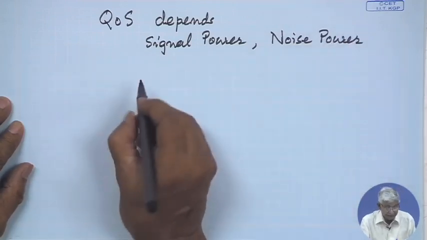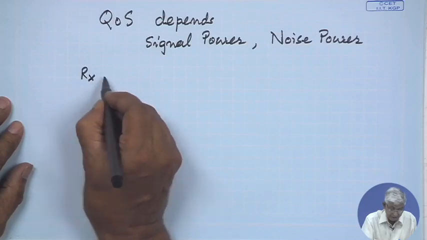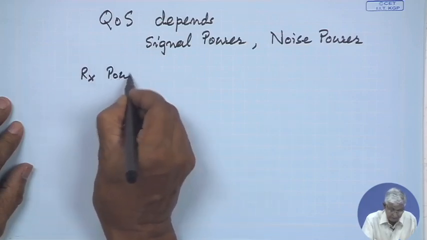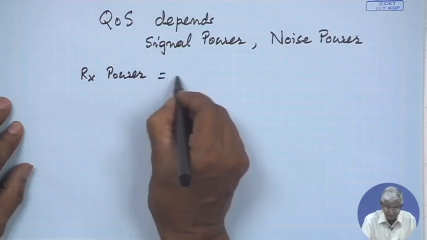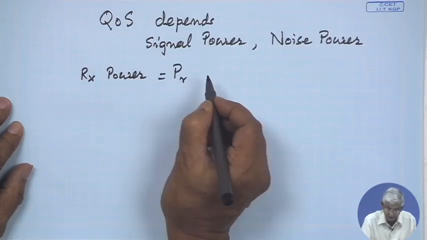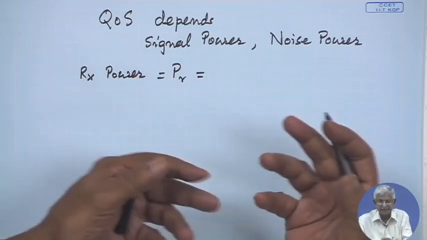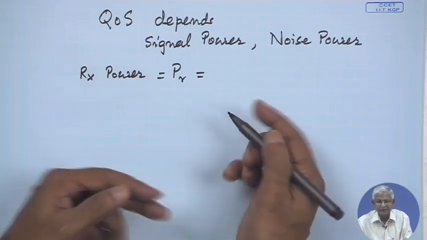And the receive power, we have calculated, which is signal power, PR. Let us term it, it is a carrier that carries the signal. So, let us call it C,